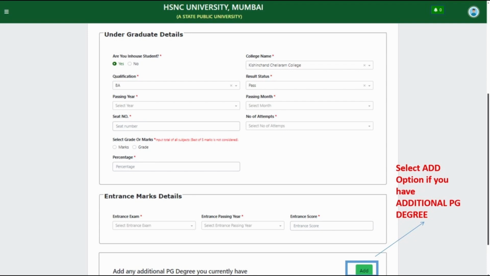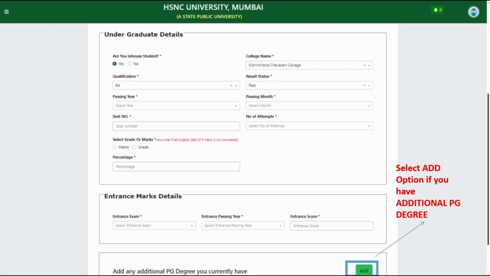If the students have cleared their undergraduation under the grading system, then they can view the document PDF from grade conversion letter, and they can convert the grades to percentage and enter in the required fields such as grades and percentage. On the next step, if the student has appeared for their entrance exam for the post-graduation, then they can